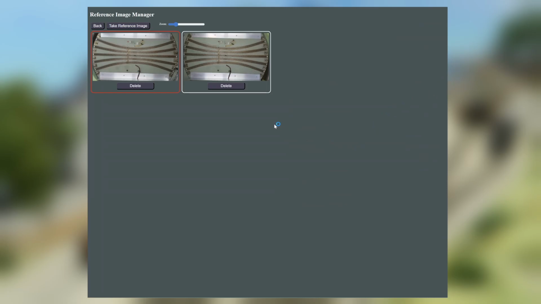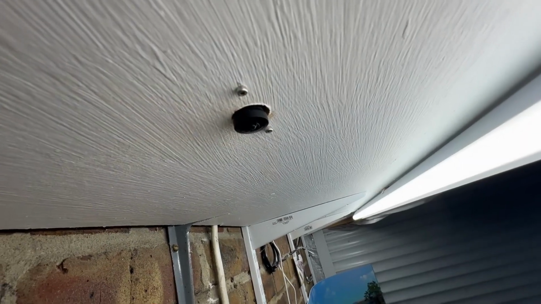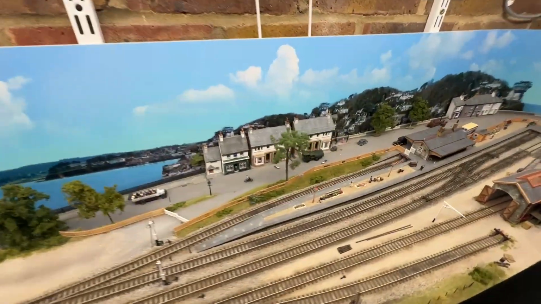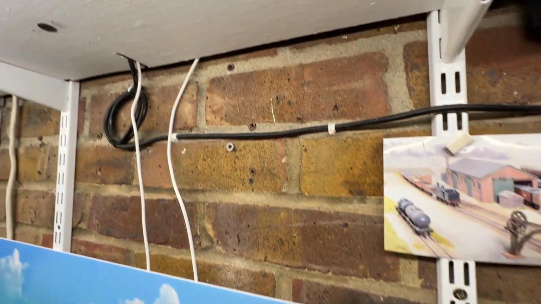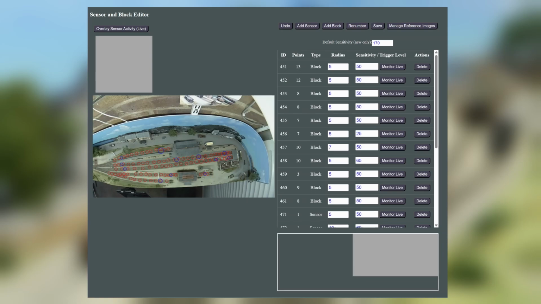can take reference images of that portion of the layout empty, so it knows what it looks like empty, and it basically plays spot the difference with the live image, so it can tell what portions of the layout are occupied. You can see here how virtual block and dot sensors can be placed and moved around, each representing an MQTT